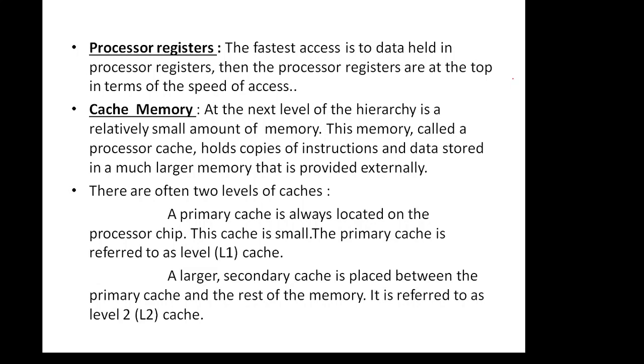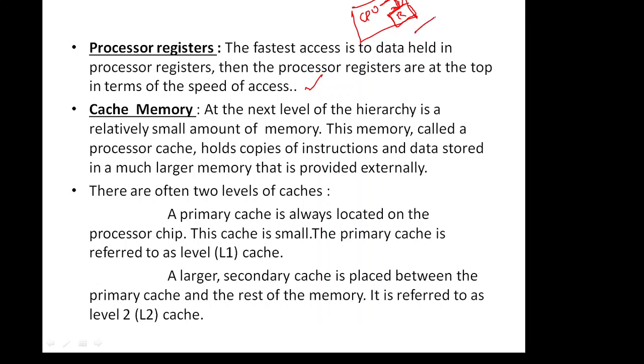So registers, as I have said, processor registers are at the top in terms of accessing speed. Why? Because in the CPU only we are having registers. So this is the CPU. Some space is allocated for registers. If the CPU wants any instruction, first it will fetch in registers. So here there is less access time. The CPU can't go a far distance. Here it is fabricated inside only, so that it can take the data very fast.